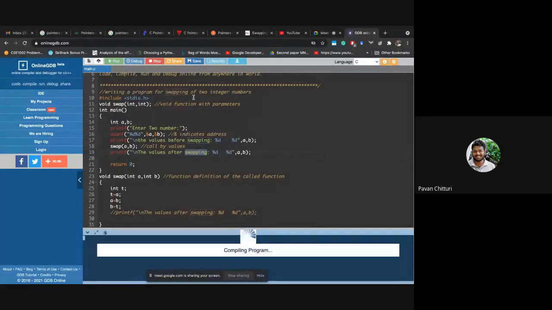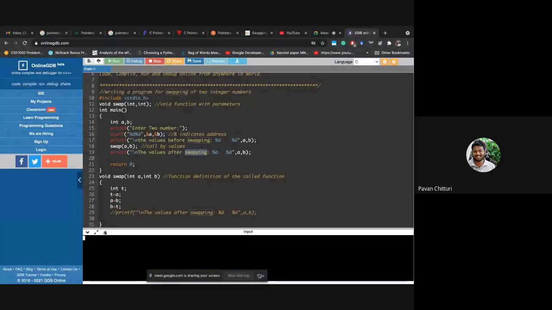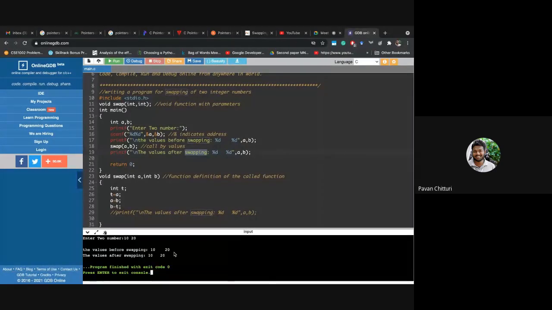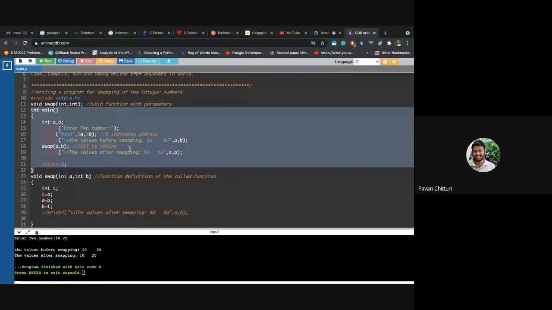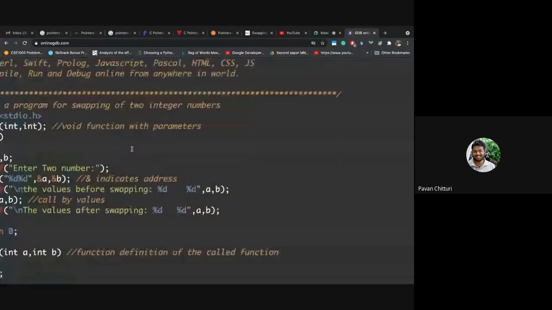I'll run it and show it so that you'll understand what is happening. So 10, 20. Both times the values are 10 and 20 because these variables a and b are valid only within the scope of this function.